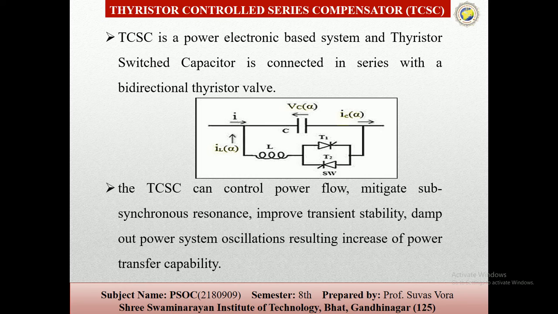So this switch, it means the metal oxide varistor, what will it do? It will control the voltage across the capacitor. Here, to control the capacitor, we will use it; it offers a low reactance path at high voltage to improve the transient stability, while it offers a high reactance at normal voltage. Hence the capacitor remains in the circuit during fault conditions, maintaining the transient stability.